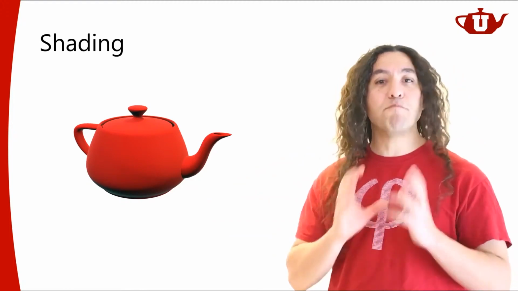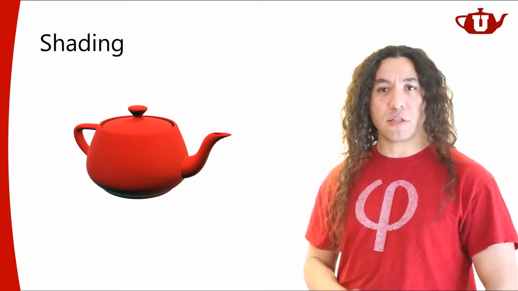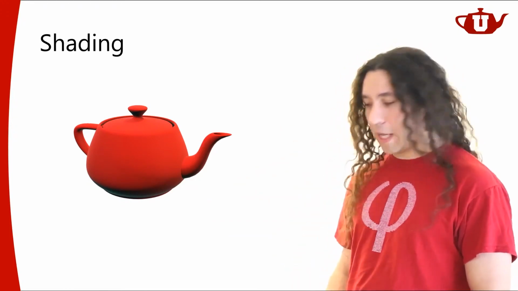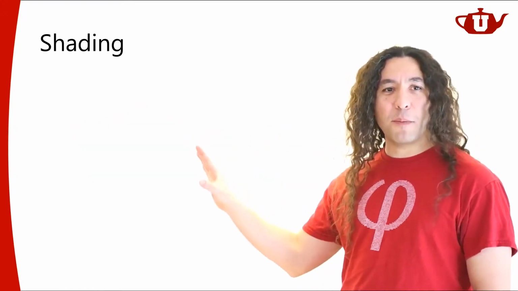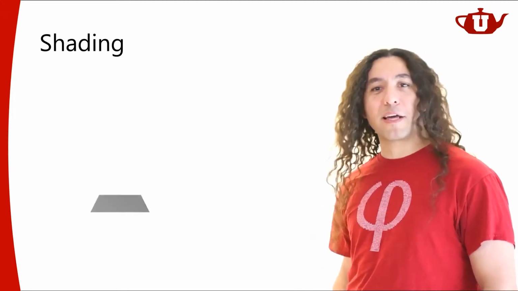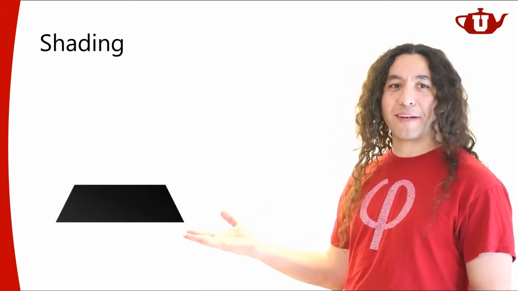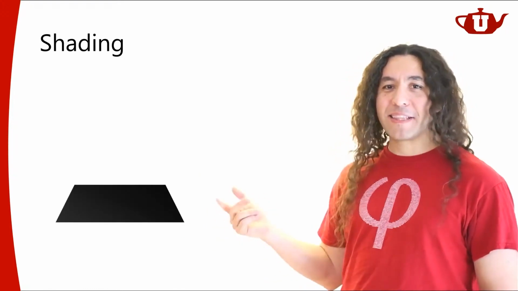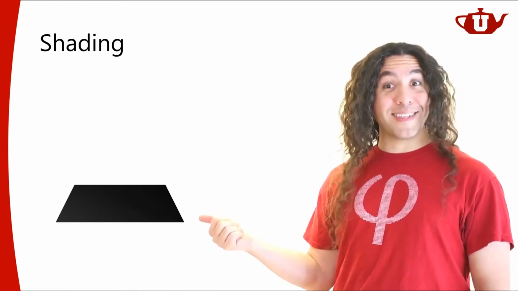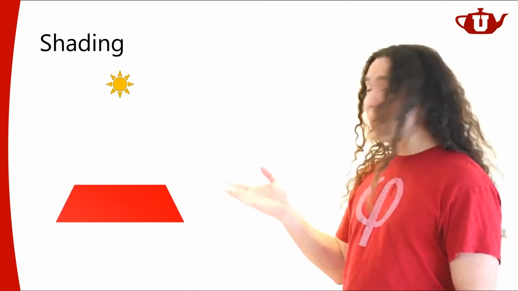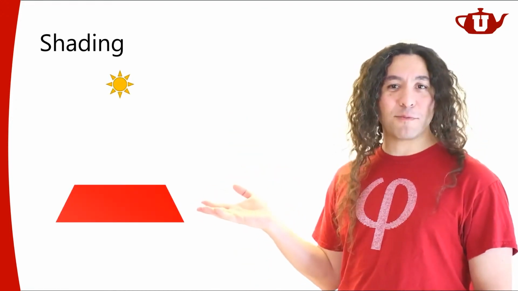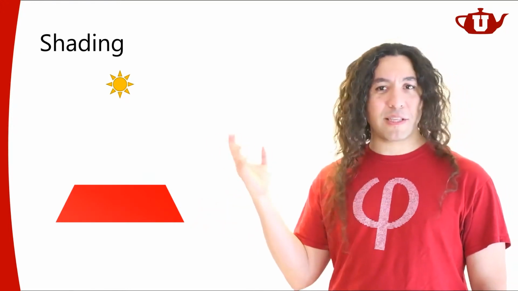So we're going to talk about some basics of that whole procedure today as a part of our discussion on shading. So let's do that. But let's not start with the teapot right away. Let's start with something a little bit simpler, a flat plane. How about that? Now again, this flat plane looks dark because I don't have light yet. So if I just put a light on top of this, we'll finally see its color. Yeah, it was red, but we couldn't see that it was red because there was no light.